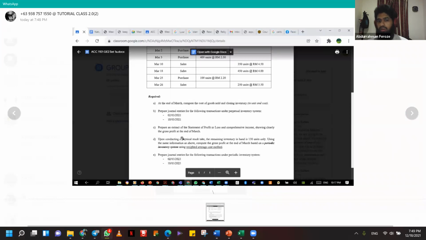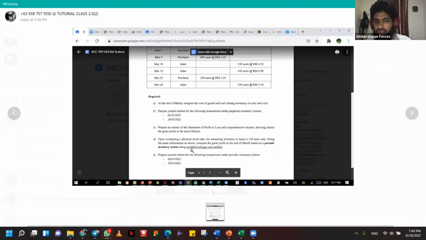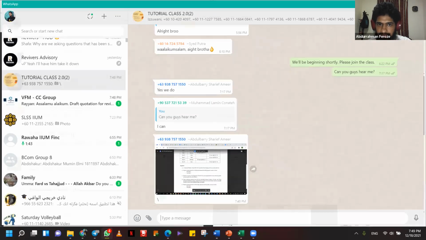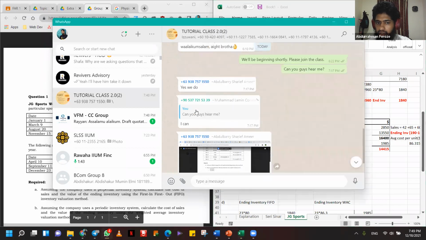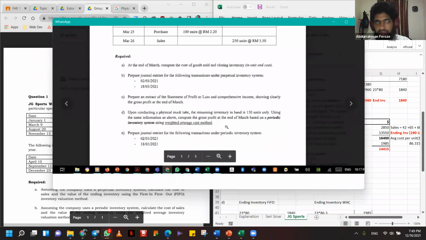Now, why is it relevant here? The reason it's relevant is that they have asked you to solve using a periodic inventory system. As I showed you with this question, for a periodic inventory system, you need three things. You need the beginning inventory value, you need the cost of all the purchases during the year, and you need the ending inventory value. So they are telling you that after conducting the physical count,